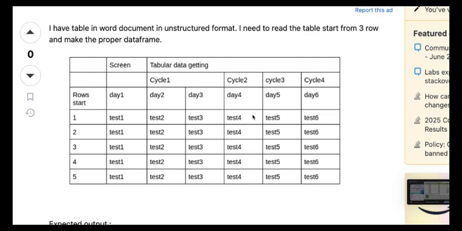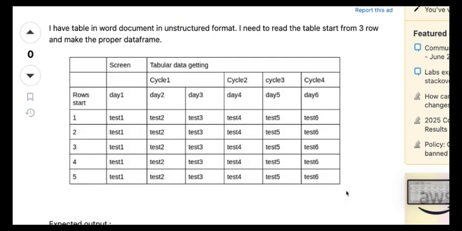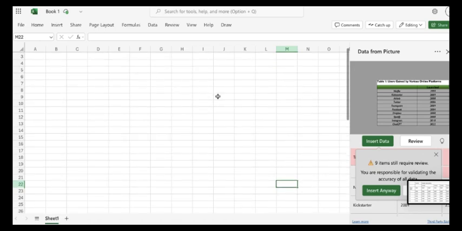This is how you convert an image of a table into an editable table within Microsoft Excel. So I've taken a screenshot of my table and that is now saved in my desktop folder. Now I open a new sheet in Excel